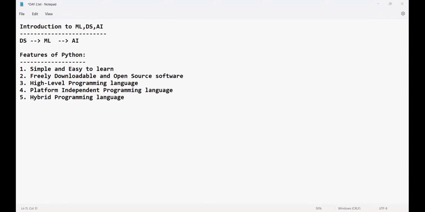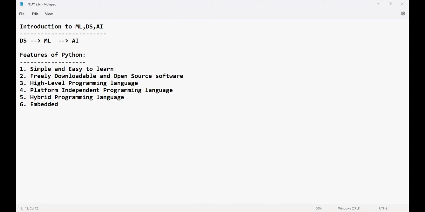Next, Python is embedded. So what is the meaning of embedded, sir? You can embed Python with Java. Technically, it is called Jython. You can embed Python with C, as well. Trust me, I'm not kidding. Like that, it is there. You can embed it with any other application when it comes to Python.